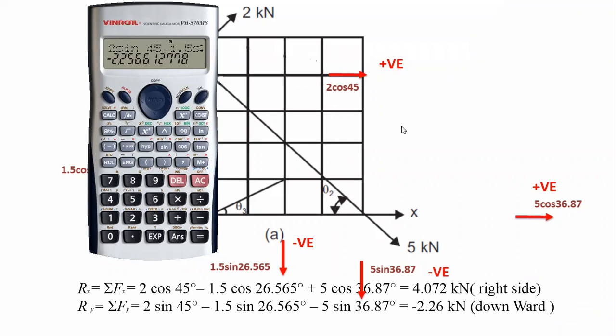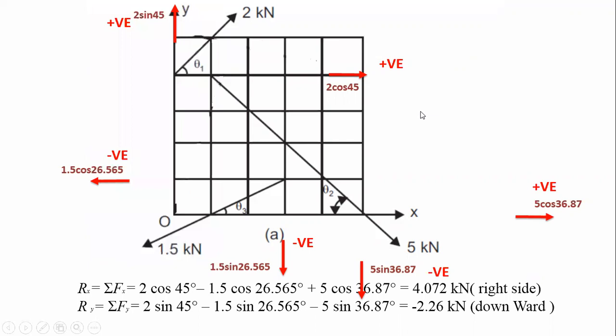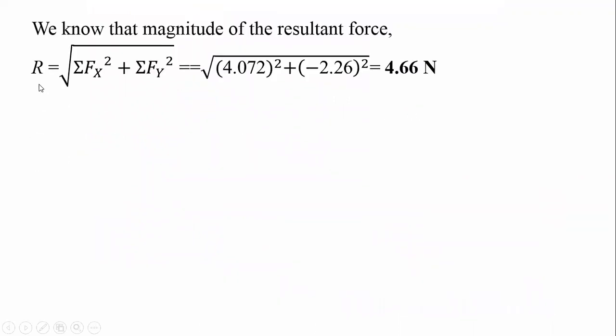Now once you have resolved these forces, we have found out all these components. Now next step is that we have to find out the resultant R. As we know, the formula to find out the resultant force, R is equal to square root of summation fx square plus summation fy square. Put the values: 4.072 square plus into bracket minus 2.26 square. Now if you solve this one,